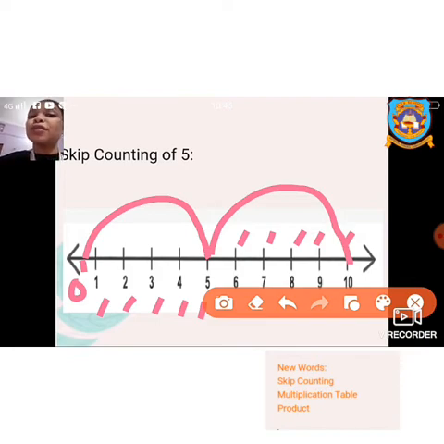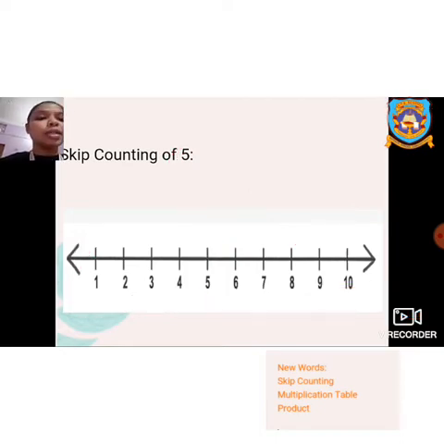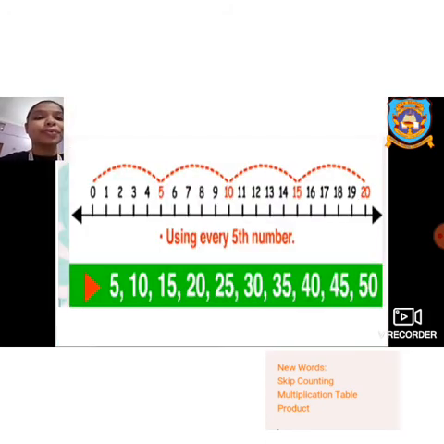Okay, earlier you have done number 4. So in that you have to skip count by 4. That means you have to jump after every 4 numbers. Here it is 5, isn't it? So when you do 5, you have to skip count by 5 times. Alright. I hope you understood how to do it in a number line. It is very easy and very interesting to do that.